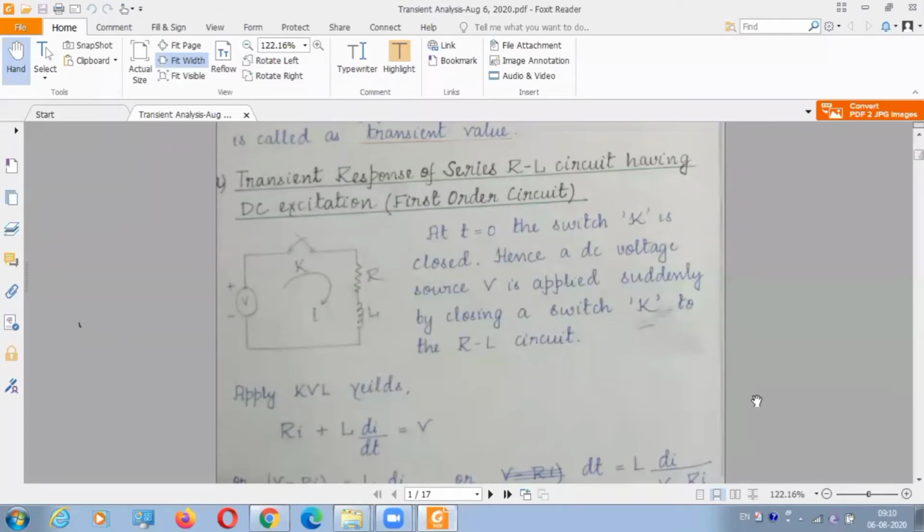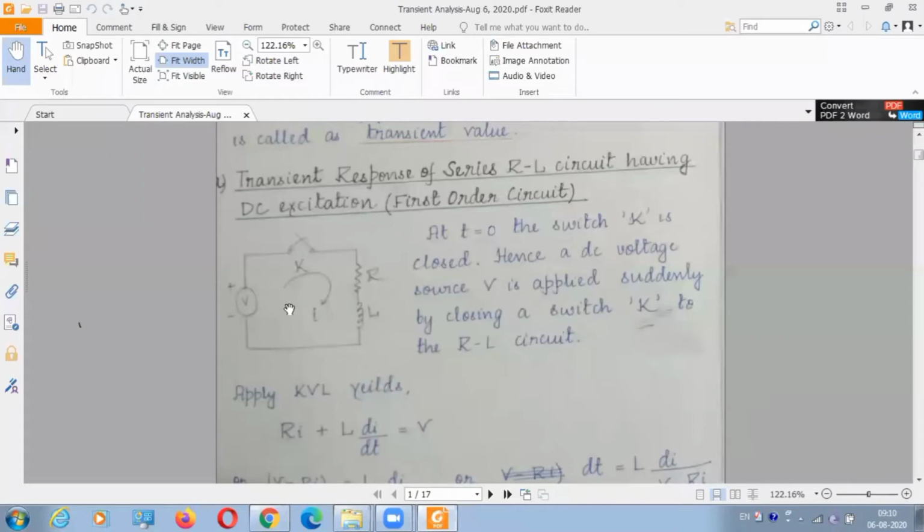In case of an inductor, when we say it is uncharged, that means the inductor is not allowing any current to flow through it. It is basically an open circuit. And when I say a capacitor is uncharged, that means voltage across the capacitor is zero, so it is acting as a short circuit. Remember these two conditions: initial condition of an inductor is open circuit, initial condition of a capacitor is short circuit. And obviously in steady state it will be just the opposite.